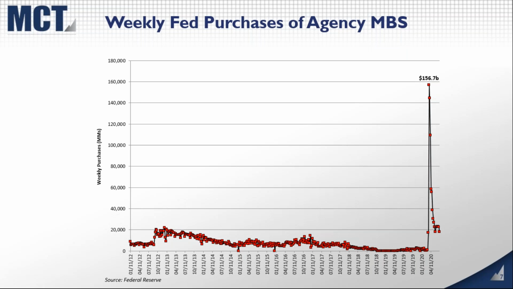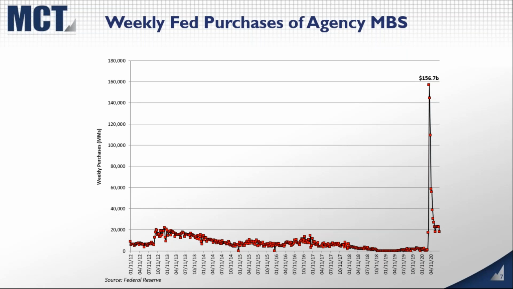And keep in mind that the Fed reports this data from Thursday to Wednesday, so it's not Monday to Friday, and so there's a little bit of a distortion in that. But you can see that for that week, when they really were purchasing huge amounts of MBS, they bought a total of 156 billion in that one week, and now their purchases have backed off, and they're doing somewhere in the neighborhood of 3 to 5 billion a day, depending on the day, which equates to about 20 billion a week.